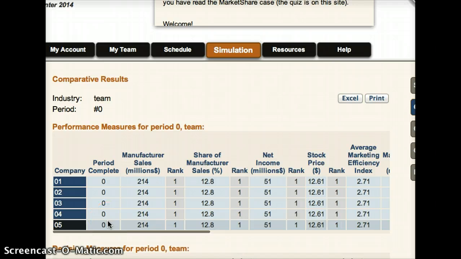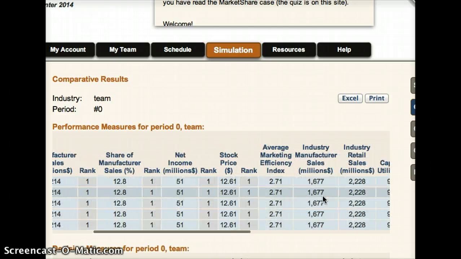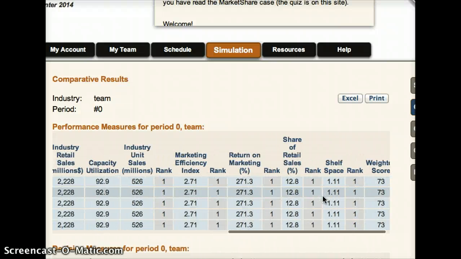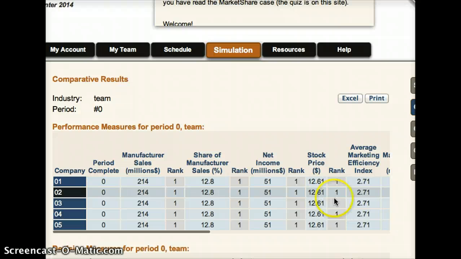Right now we're in period 0 because we have not started the simulation, but you'll find here information for your team as well as other teams: number of sales, market share, and your rank relative to other teams. There are a number of measures included in the reports, and you'll see that when you log on. This just allows you to see your results and your results relative to other teams.